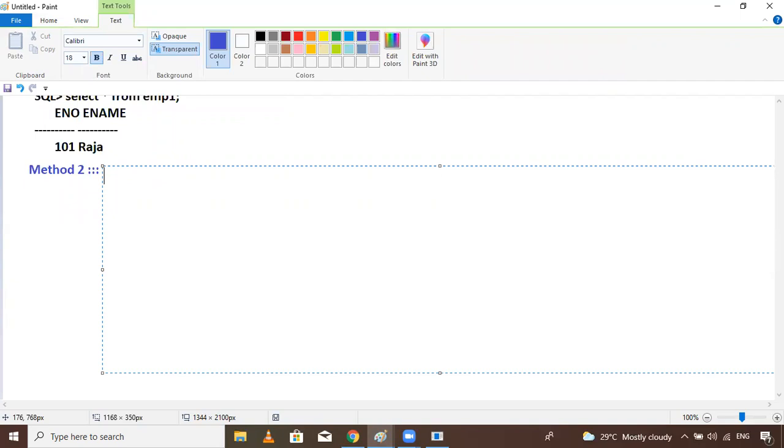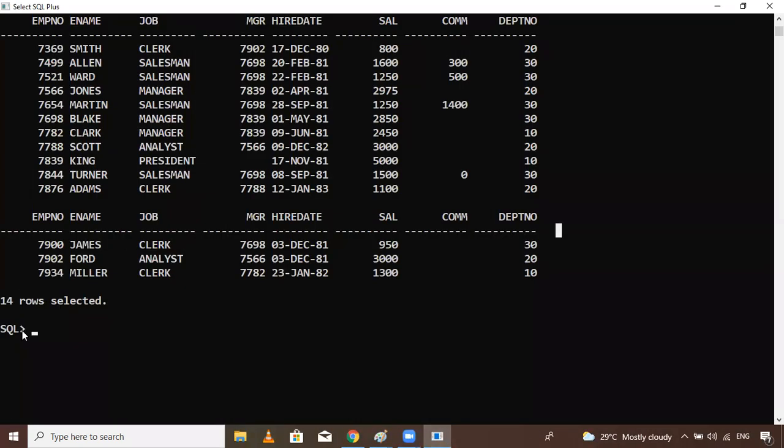When you use this operator, one message is showing on your console window, like here. One message it will show.